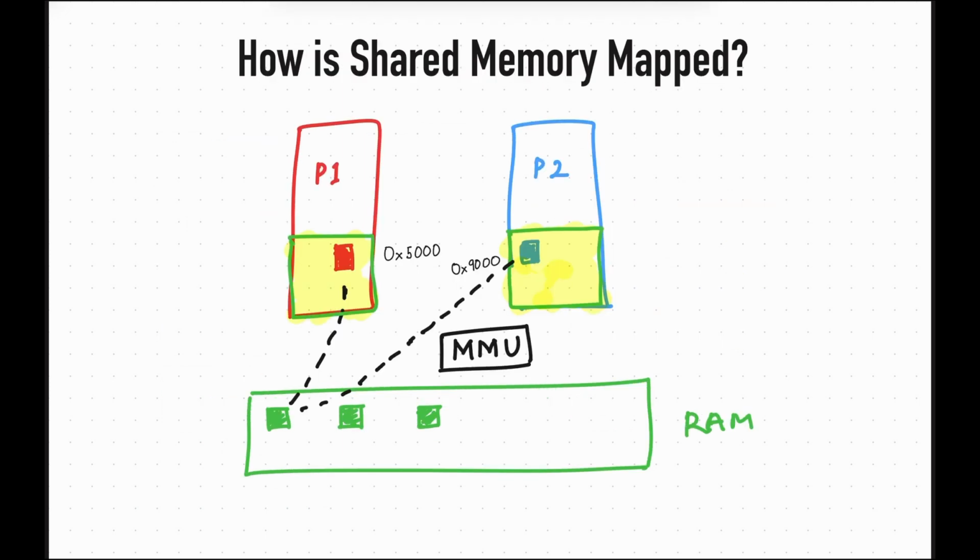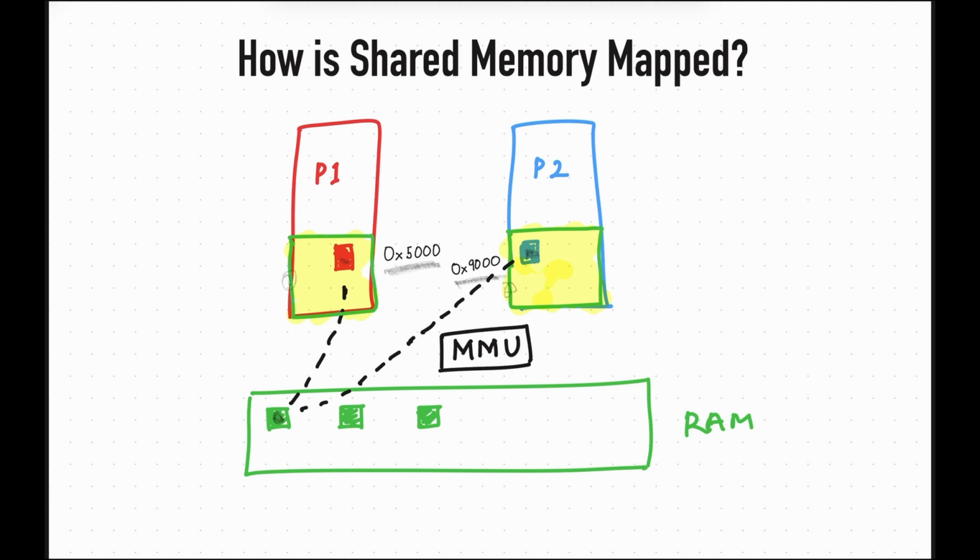When the operating system creates shared memory, it maps the same physical memory frame into multiple processes. However, the virtual address at which the memory appears does not need to be the same in every process. So consider, for example, this green region is the shared memory for process P1 and P2. And let's say this red block and blue block represent the same memory. Now, in the physical space, they will point to the same region, whereas in the virtual memory, they might have